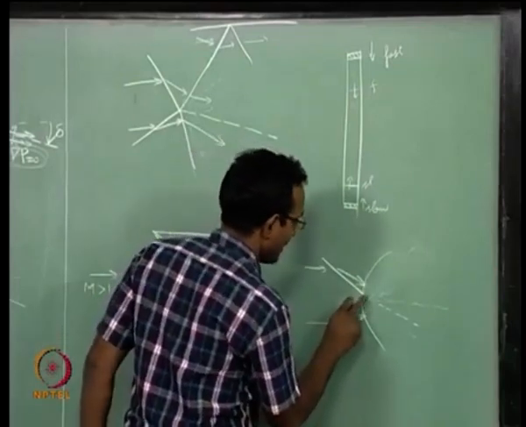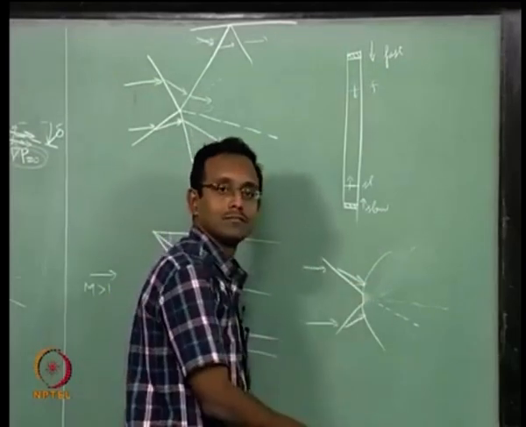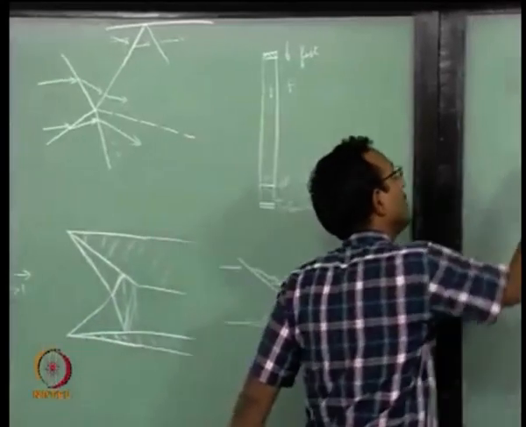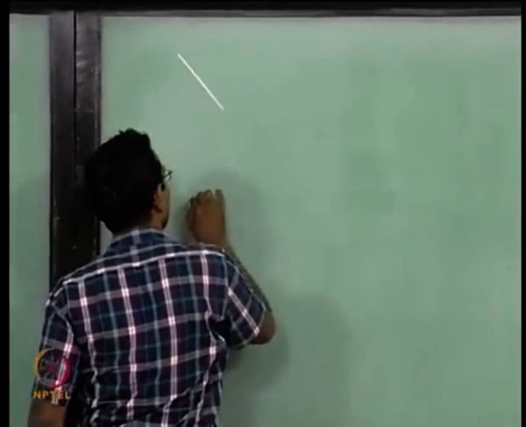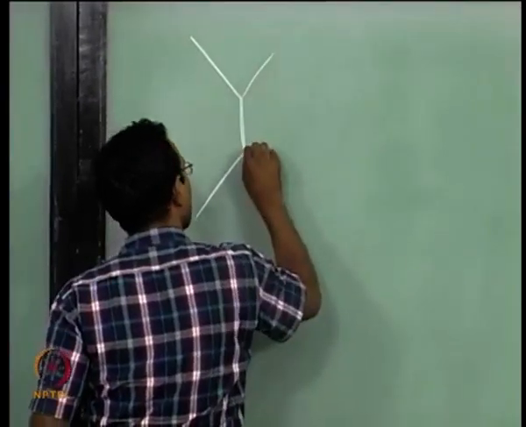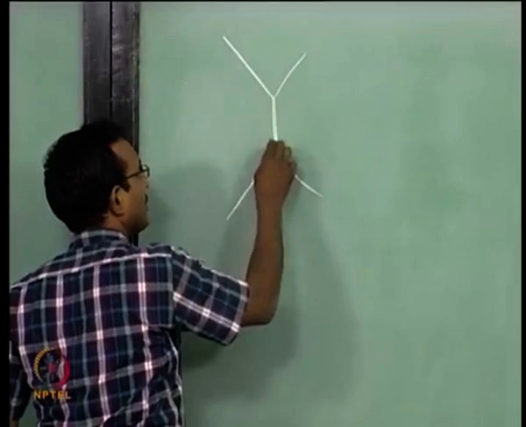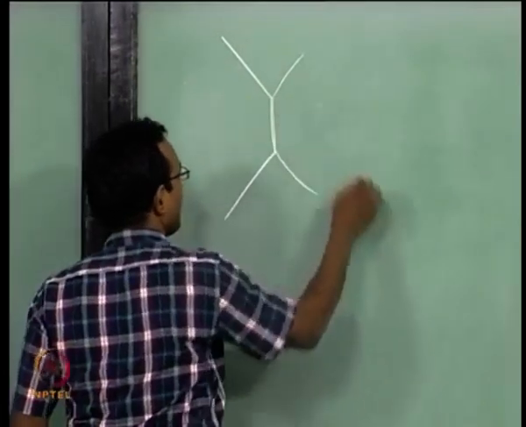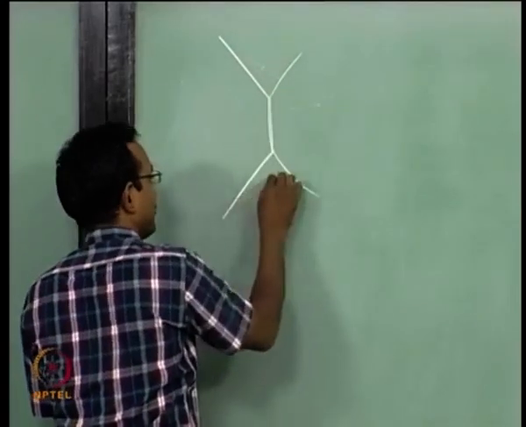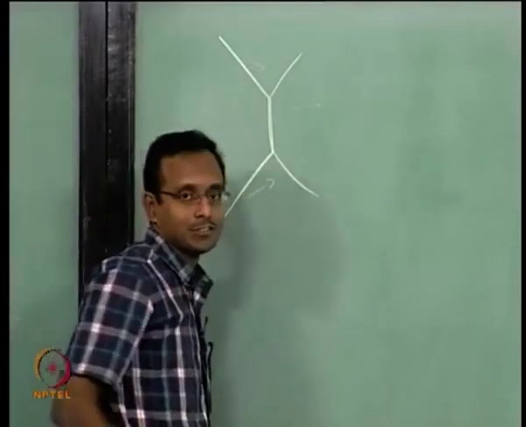Now what did we do last time? We erased this shock a little further and then put a normal shock. I will do the same thing here. So it will look something like this. I will draw a better picture. It will look something like this. This shock and this shock, if they have to turn back straight here, if they find that this Mach number is not very strong, say these Mach numbers are not very strong, any one of them, it will end up with this condition, okay.